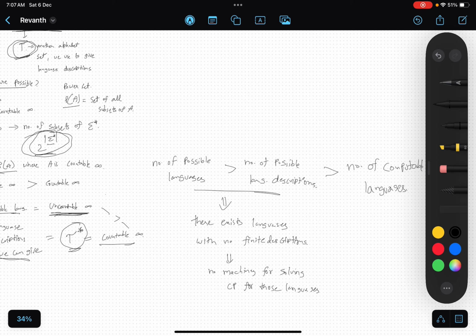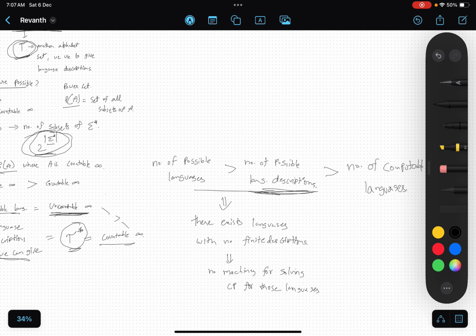Actually, having a finite description doesn't even imply that it will be computable. So the number of computable languages is even less than the number of possible language descriptions. So our statement is still true, and of those descriptions, some multiple descriptions might refer to the same language. So yeah, that supports our statement even more strongly.